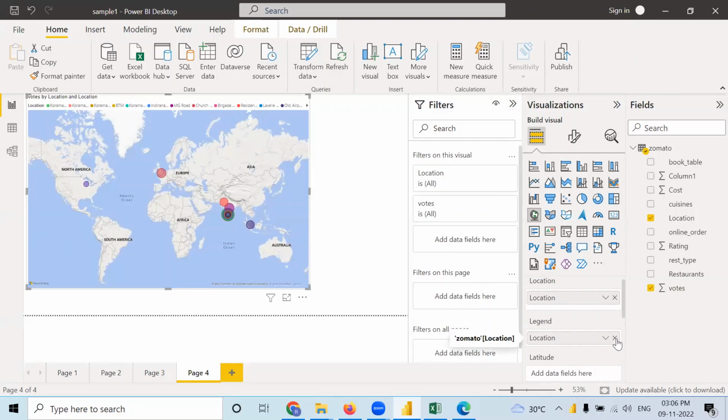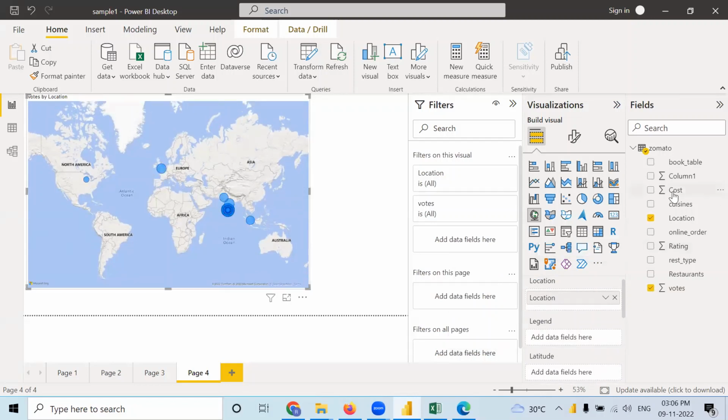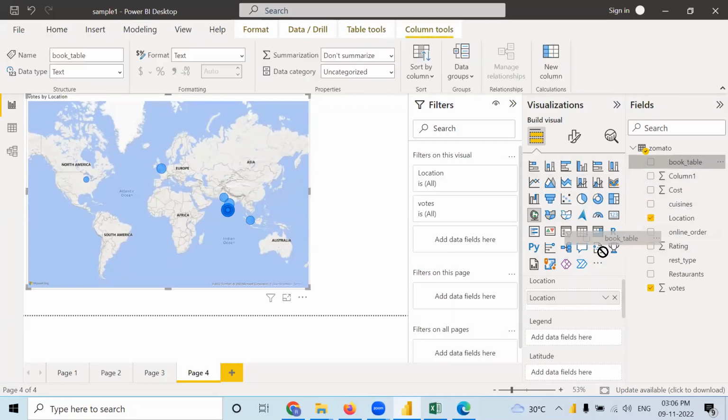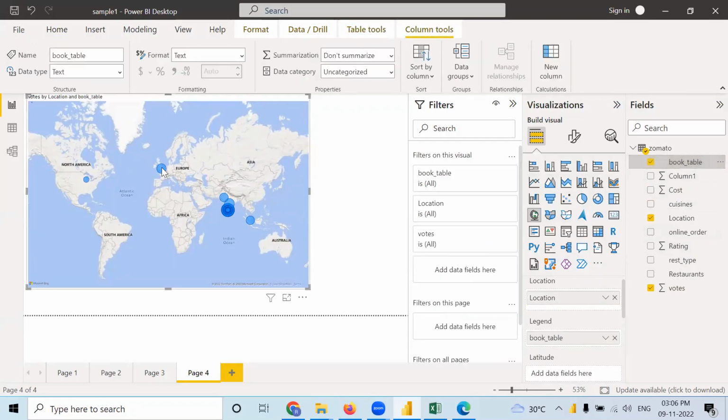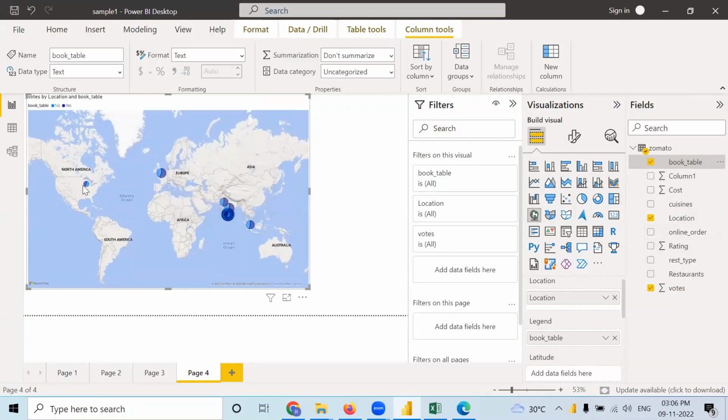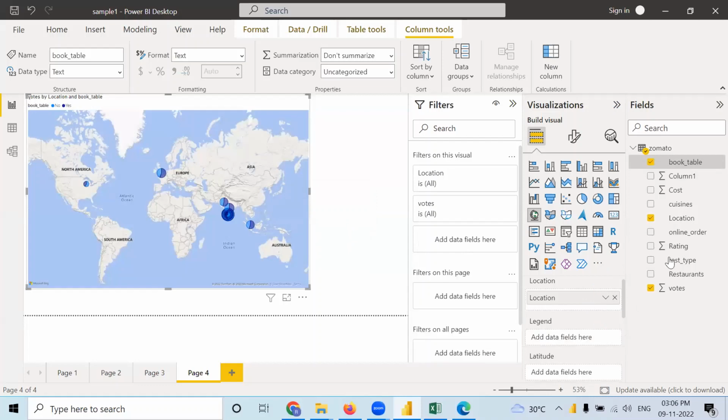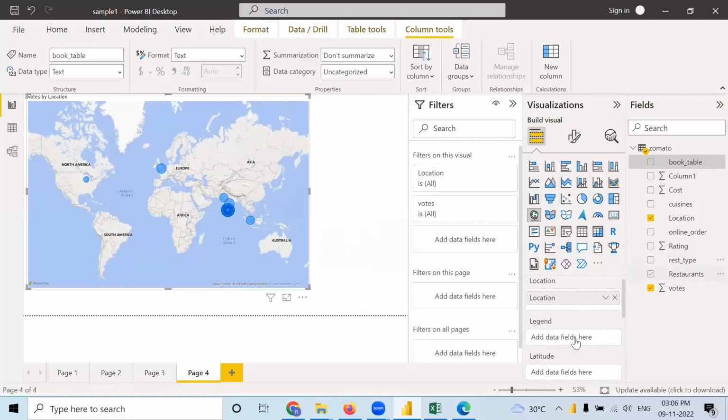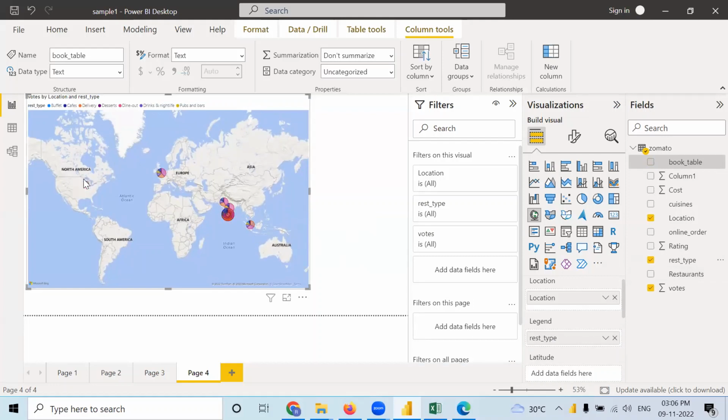Here, instead of the legend, if you put another variable like cuisines or book table, you can see a pie chart over there. If you put another variable like restaurant type, you can see the pie chart very clearly. This is how you can put a pie chart in a map.